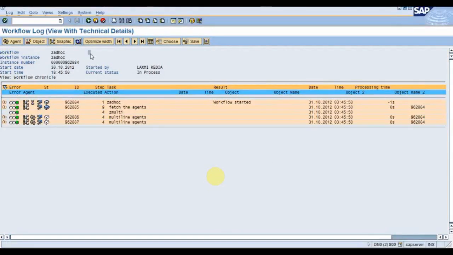So before, whatever we have discussed, suppose I and Kumar K have received the task, sorry, the instance, that is the work item. If I execute the task, it will disappear from my inbox as well as from Kiran's inbox. But here, if you select multi-line, the number of users present will each receive different work items, and if I approve that particular work item or take the action, then only that work item will disappear from my inbox, but it will remain in the other user's inbox because the instance was not the same. So this is how multi-line behaves.